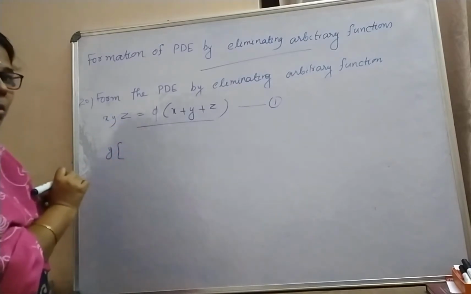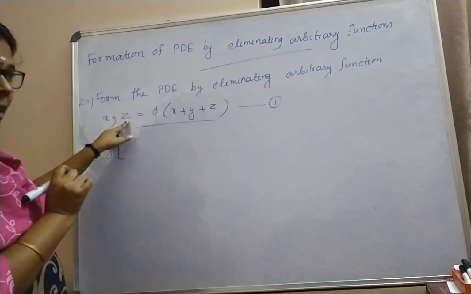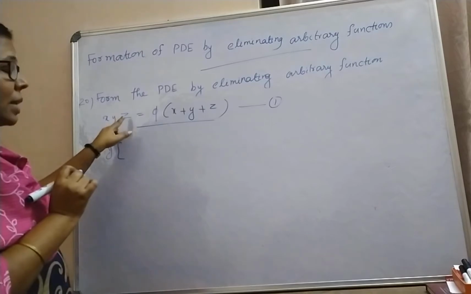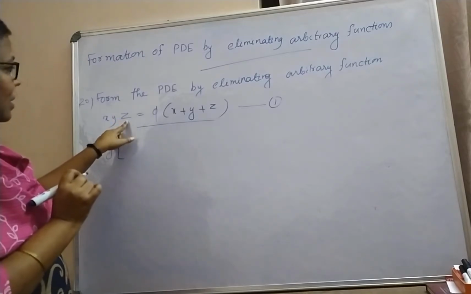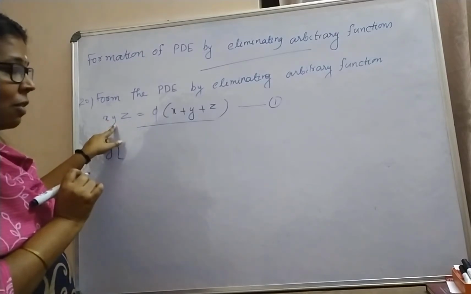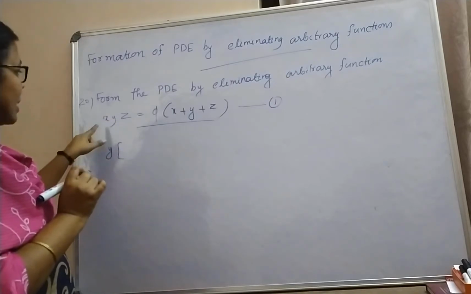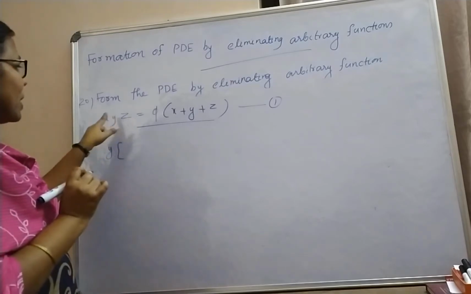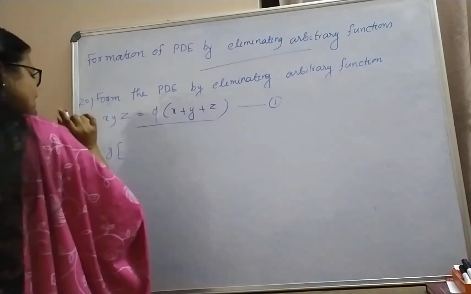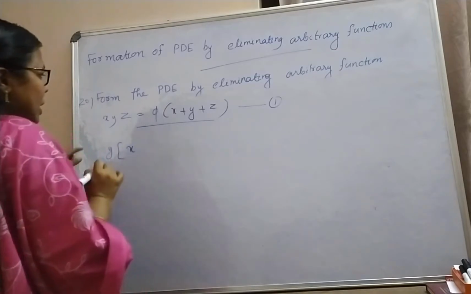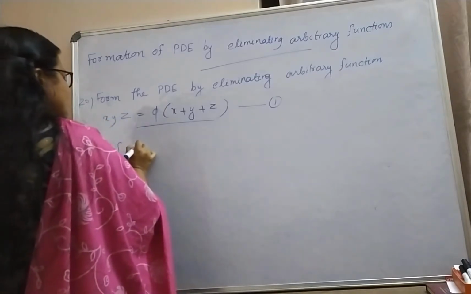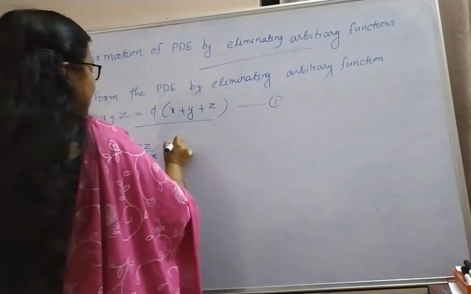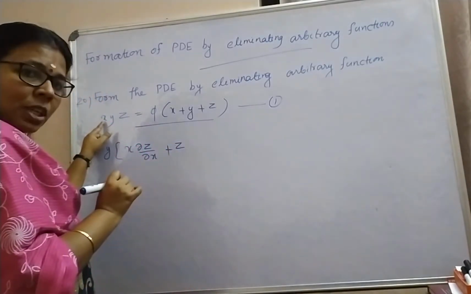For partial differentiation with respect to x, y is constant. y into the partial derivative of xz with respect to x: we have to use the product rule because z is a function of x and y. Since y is an independent variable, y can be taken outside. In the case of xz, z is a function of x and y, therefore we need the product rule. That is, first function x into the derivative of z with respect to x, which is dou z by dou x, plus second function z into the derivative of x with respect to x, which is 1,